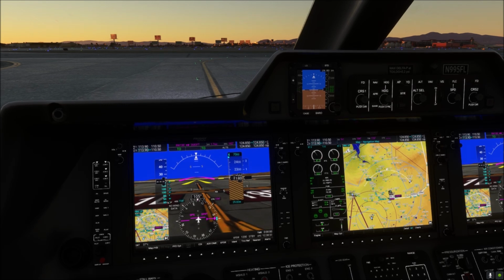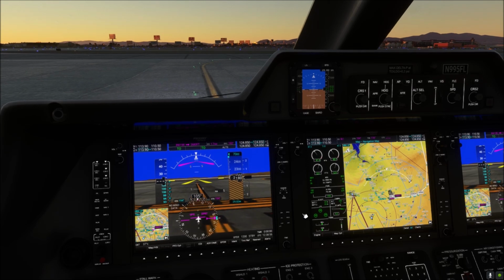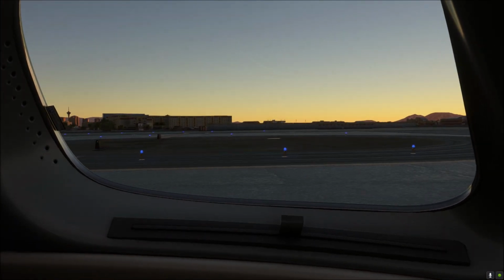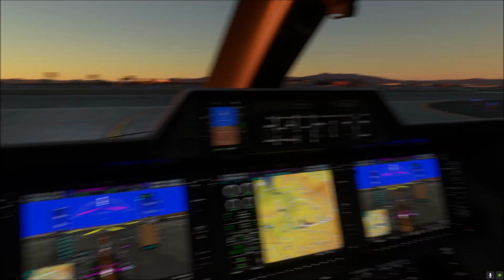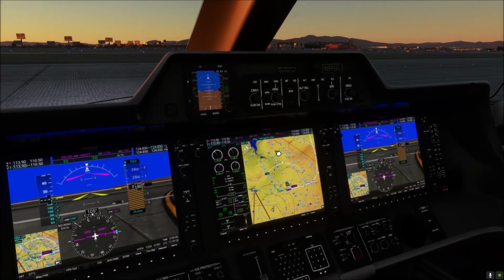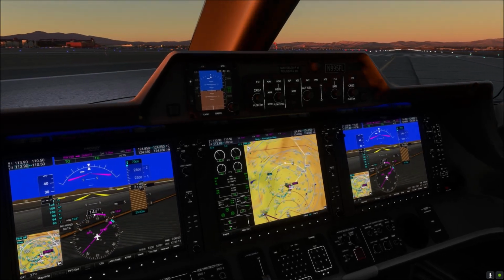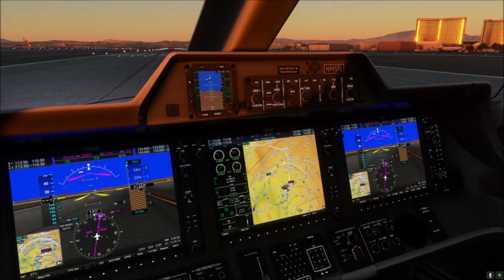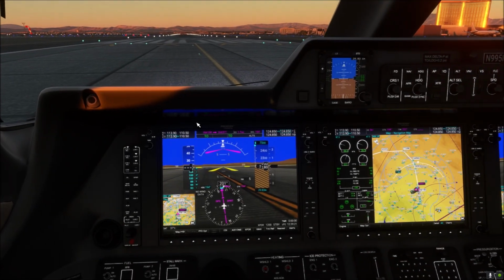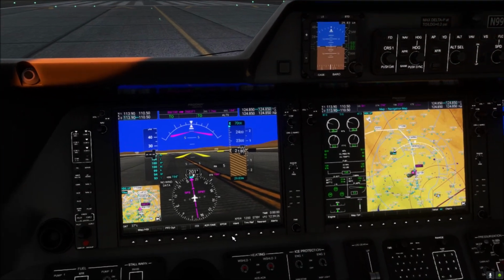Anyway, let's press the TOGA button just to get the flight director on, and we'll just take taxi on. So we're going to be clear on the right and clear on the left. Okay, we'll just taxi on. Okay, so we're lined up, well, more or less after a fashion. So we'll get the timer on,